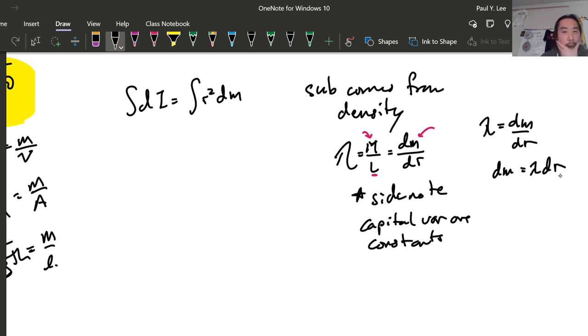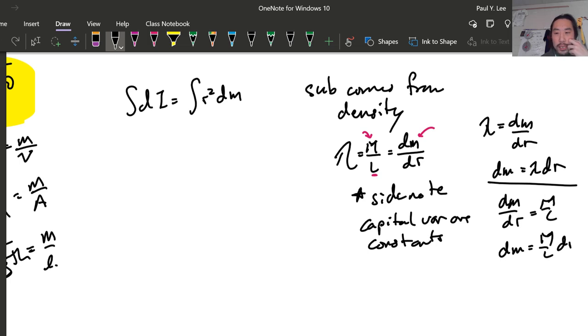Or for our problem here, we're going to be using this relationship, where dm is equal to capital M over L dr. So the big idea here is this density relationship. You can rearrange it for the problem that you need. And I'm here to tell you the relationship that we're going to be using will be this one. So if we substitute in that dm, we will get the following: